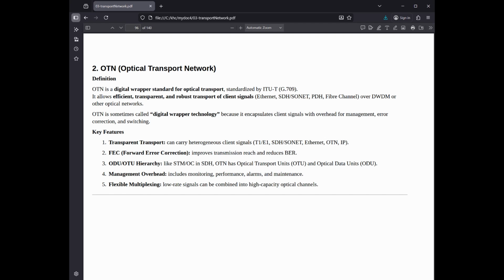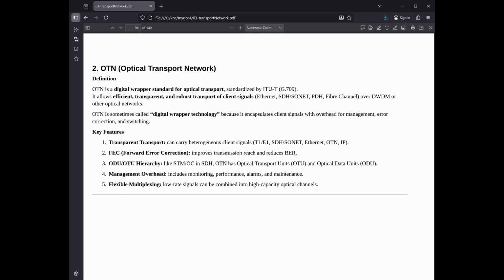OTN, Optical Transport Network, defined by the ITU-T G.709 standard, is often referred to as the digital wrapper. It was designed to provide the same management and reliability of legacy SONET/SDH networks but at the massive scales required by modern DWDM, dense wavelength division multiplexing, systems. If DWDM is the physical highway, OTN is the standardized shipping container that ensures the cargo, data, is protected, monitored,